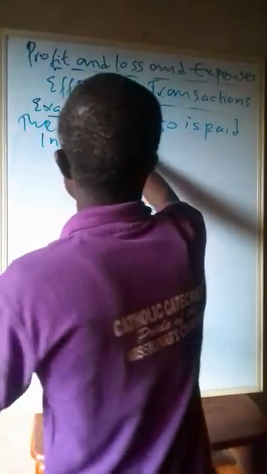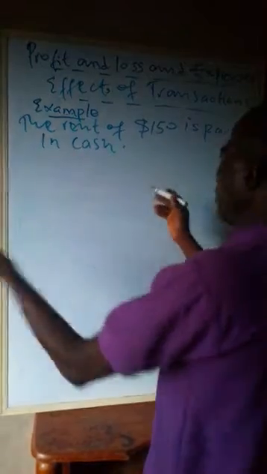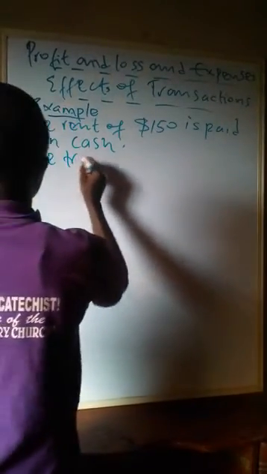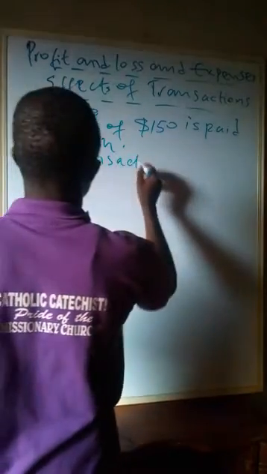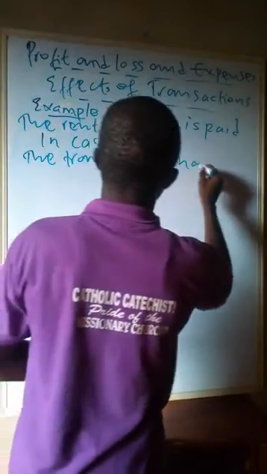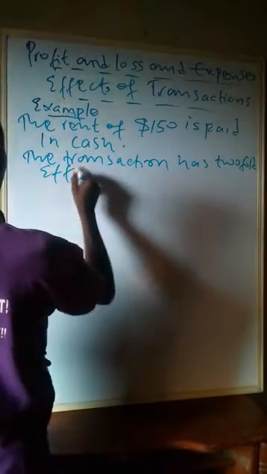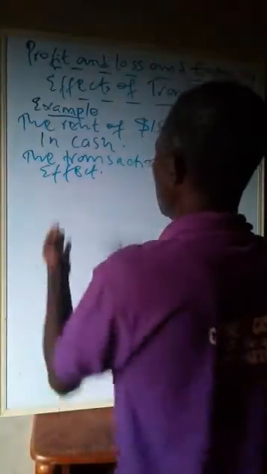This has twofold effect. And what are the twofold effects? The rent of 150 is paid in cash. What is the twofold effect? It means one,